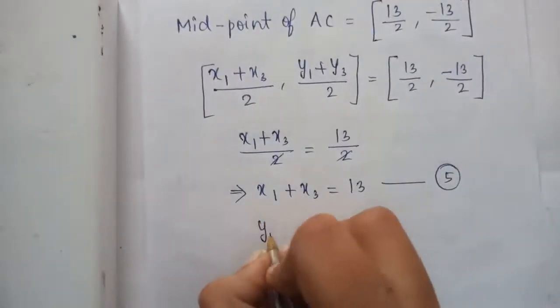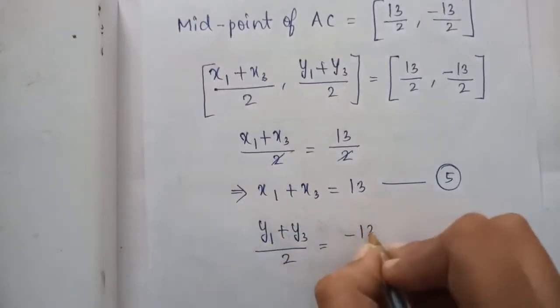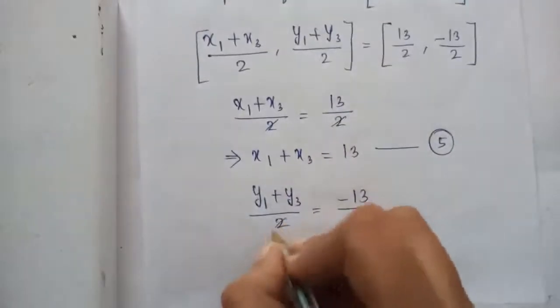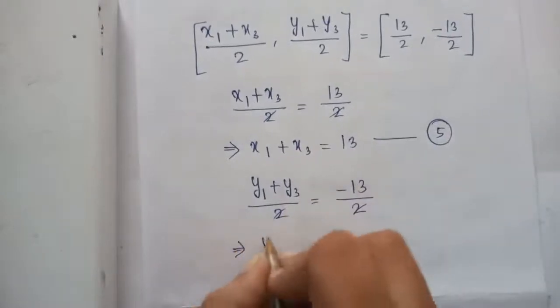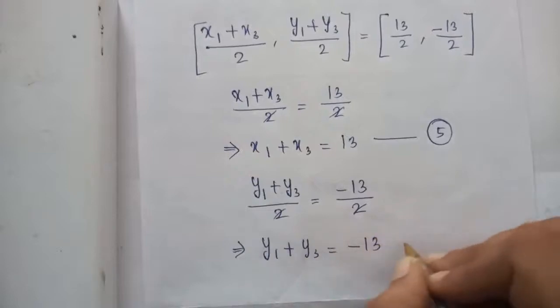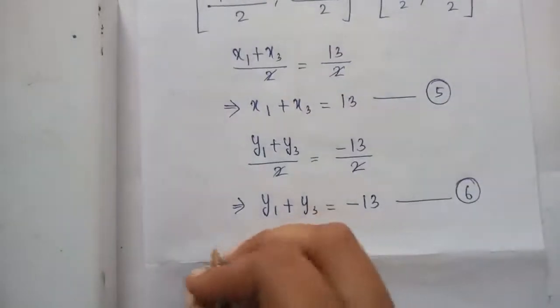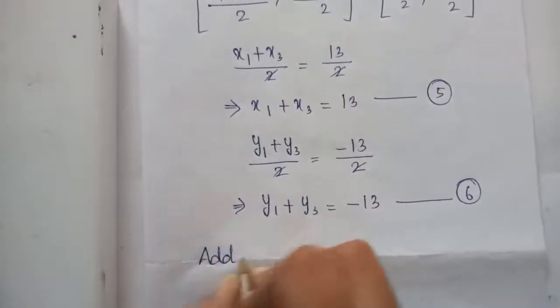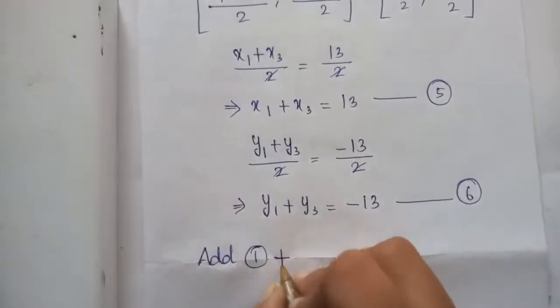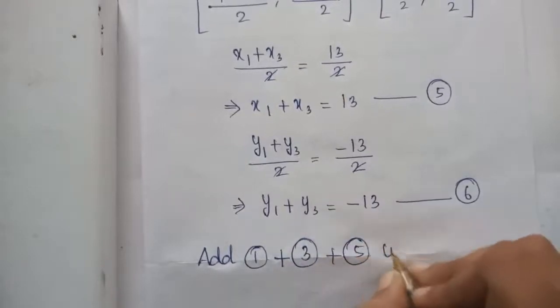Similarly, equating the y coordinate, y1 plus y3 by 2 is equal to minus 13 by 2. 2 gets cancelled. You get y1 plus y3 is equal to minus 13. This is equation number 6. The next step is you have to add equation 1 plus equation 3 plus equation 5. We get